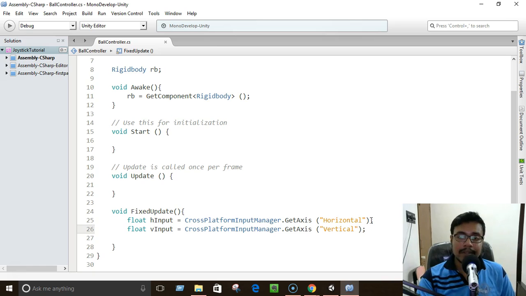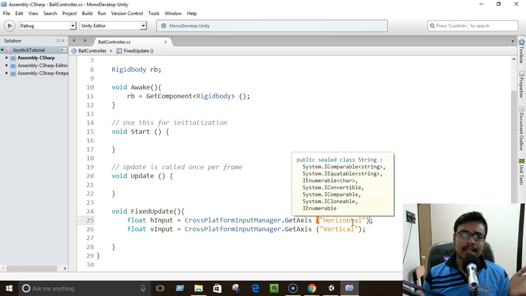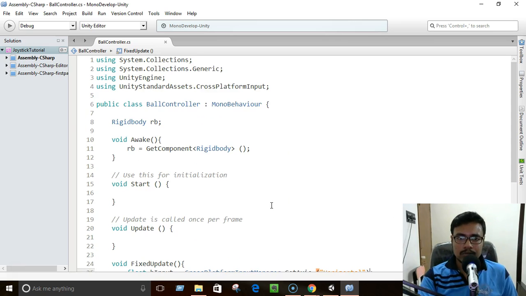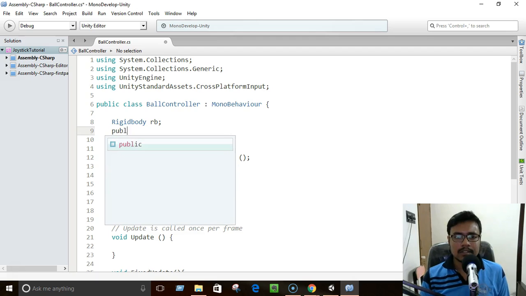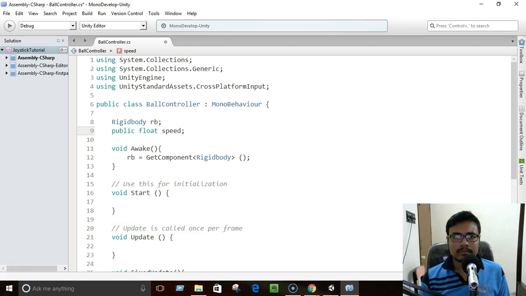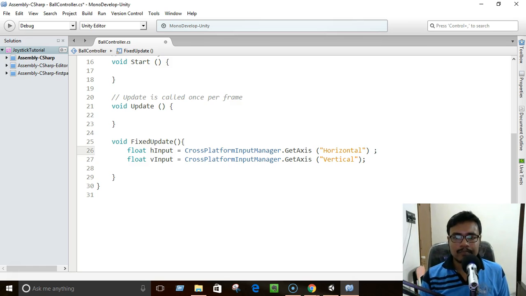Now one more thing we're going to do is multiply it with the speed. Why is that important? Because if we use a speed, then we can change the speed, and accordingly we can change how much we want the ball to move according to our input. In this case, as you can see, we don't have any control of how much we can move the ball. We just know that we can move the ball that much by using up and down and left and right movements, but we don't have any control over how much speed we want to move the ball. So to give it a speed and give it more control, we're going to create a public float speed variable, and we're going to multiply our hInput with speed and our vInput with speed as well. Okay,